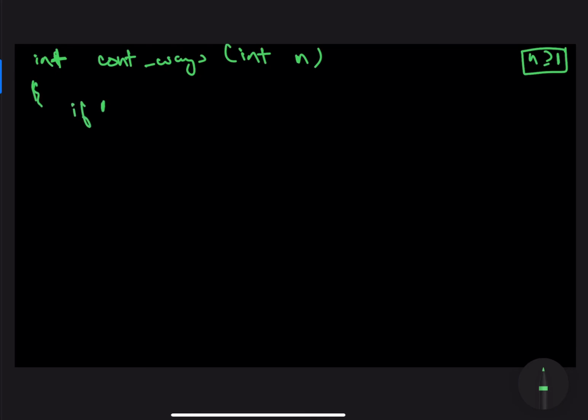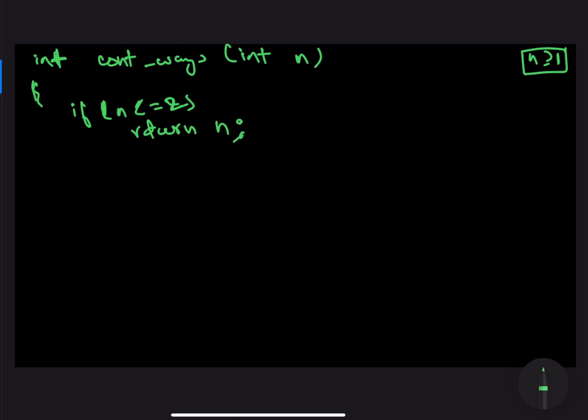All right, so basically to do that, it's actually quite similar to coding up a Fibonacci series problem. If you want to look at that video over here, you can go through that as well. In this video, let's call the function count phase, and it takes an integer value n as an input, and I'm assuming this n is greater than or equal to 1 in any case. So if n is less than or equal to 2, this will become our base case, and I will return n